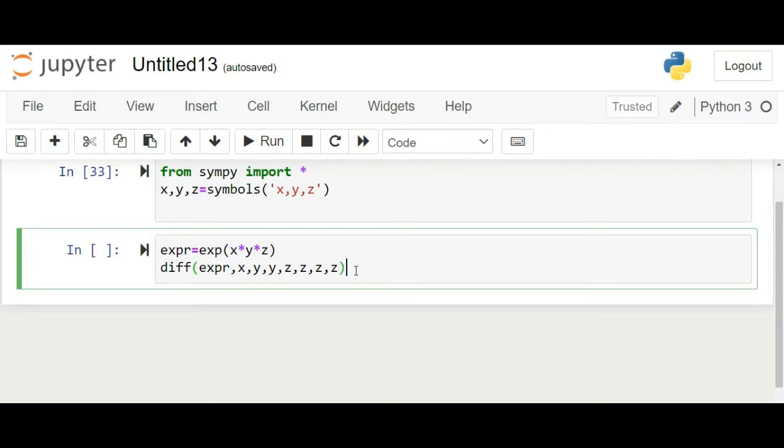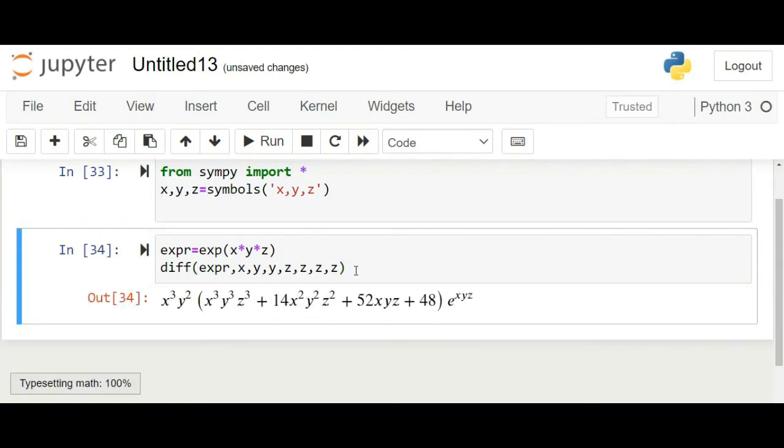Okay, and to run this code, our answer will be x cube y square, and inside the parenthesis we'll write x cube y cube z cube, 14 x square y square z square. In the same way, for example,